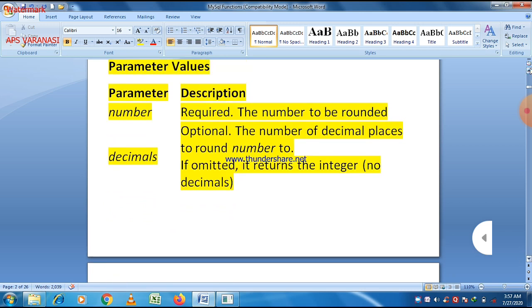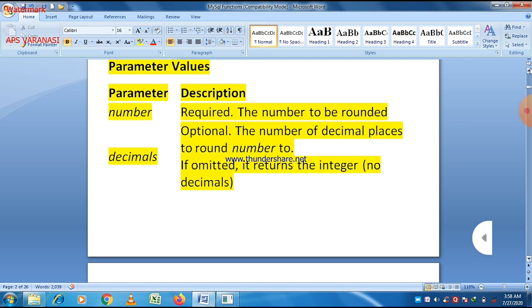First of all, the parameter values, I think, will be clear to all of you. Number is a number. It may be a float or it may be an integer. Most of the time it is a float value, because you want to round off a number which is a float. And if it is a float and you want to convert it to int, just write that number and don't pass any decimal values. Or if you want to pass decimal values, then just pass it as 0.